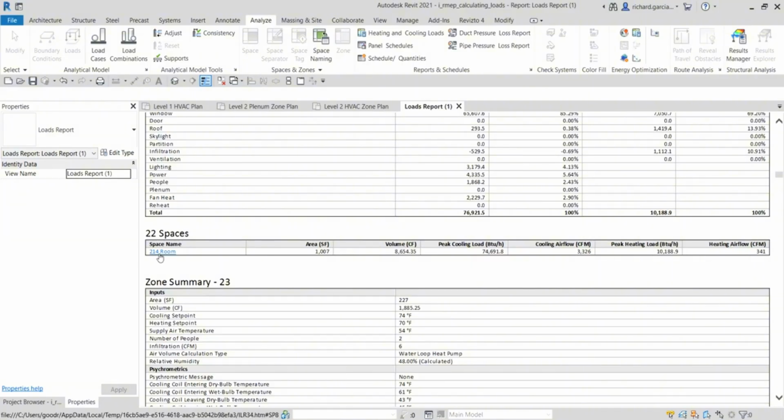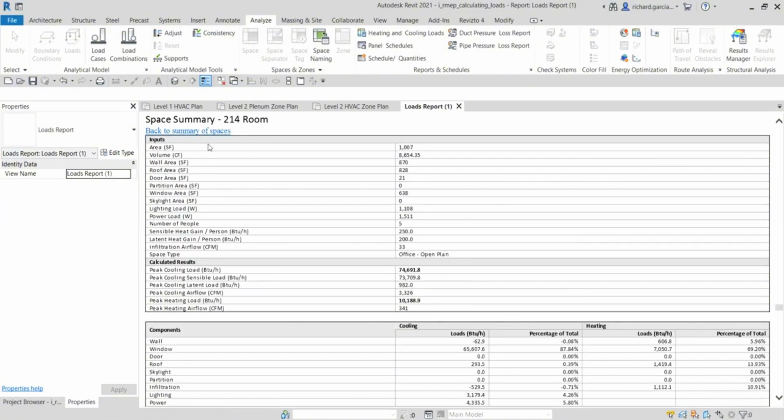You can also click that to see more details about that particular room, room 214. As you can see, these are the calculations based on the parameters that you specified. Number of people, 5, sensible heat gain 250, latent heat gain 200, etc. Infiltration airflow 33 CFM. Okay, so it's really nice to have this kind of report, and it's really useful for